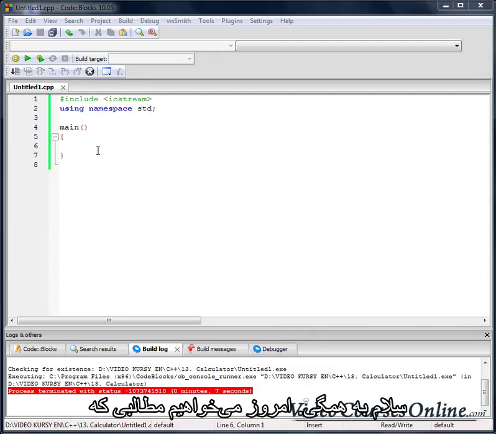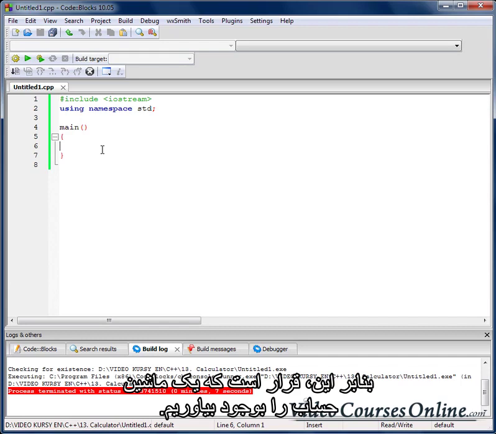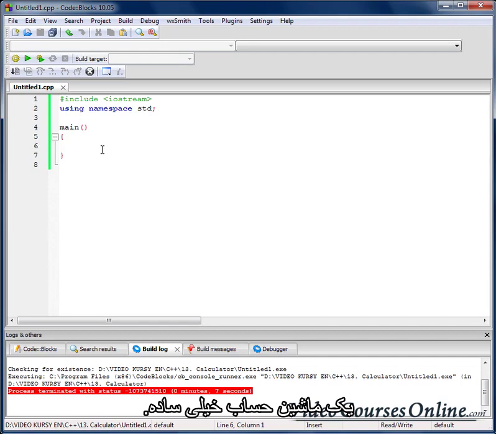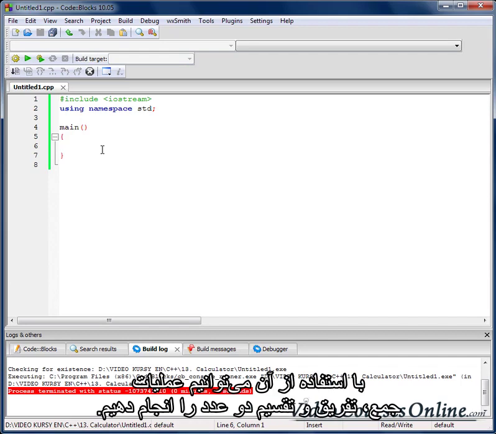Hello everybody, today we are going to train what we have already learned. So, we are going to create a calculator, a very simple one. It will be able to add, subtract, multiply and divide two numbers. Okay,